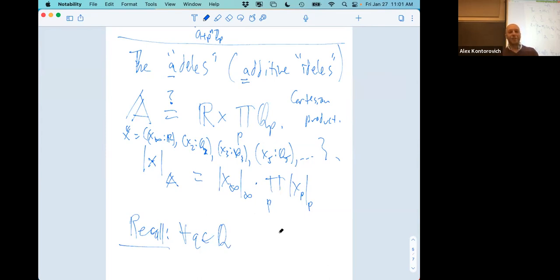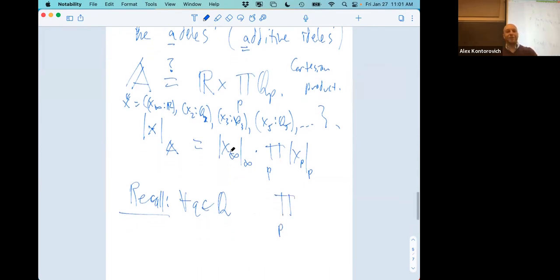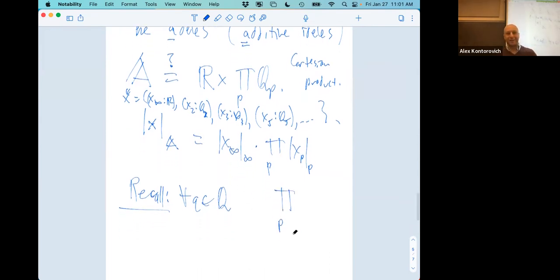What happens if we take the product over all primes? I'm going to get tired of this. There's nothing special about the infinite one. There is, it's the only Archimedean one. But I'm going to write p less than or equal to infinity, where p equals infinity is this guy. So what is the set? Okay, I should have said this: how do the rational numbers sit inside the Adeles? They don't really sit inside the Adeles. There's actually a coercion into the Adeles for the Lean people.